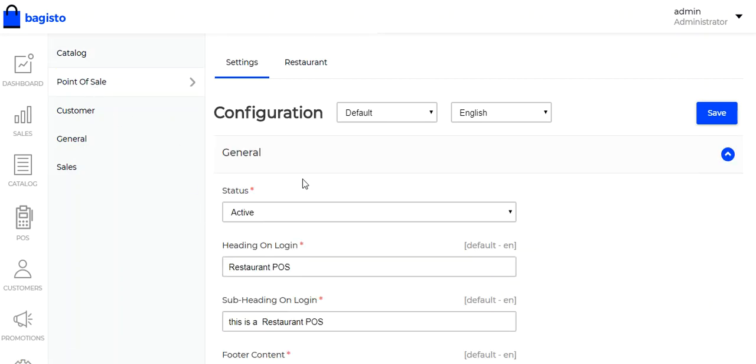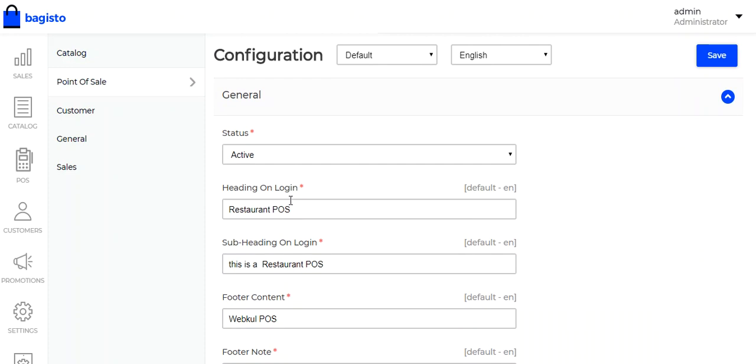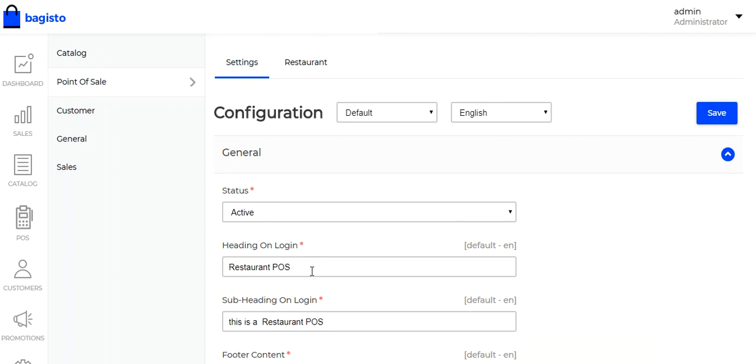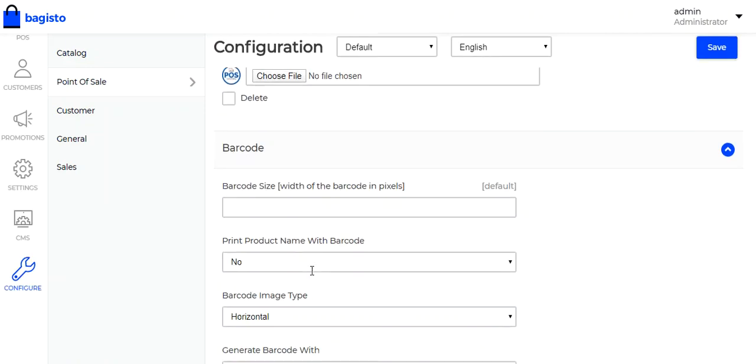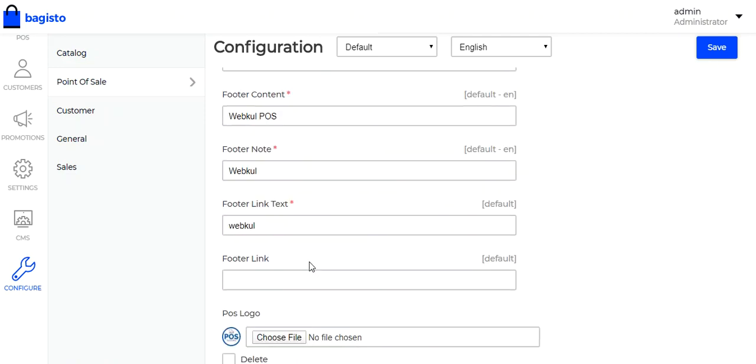After clicking on the point of sale, there are some general settings for the POS system, such as status. From here, the admin can activate or deactivate the module. Heading on login, this is the login heading for the POS login page. So these all are the details that need to be filled by the admin.